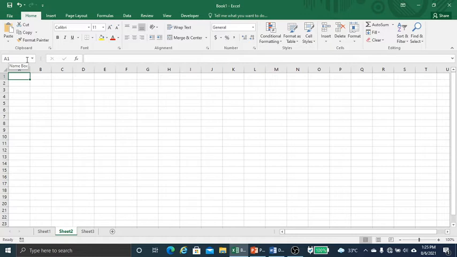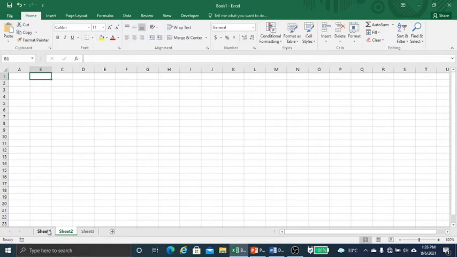Now what is a cell? A cell is the smallest but most powerful part of a spreadsheet. We can enter our data in a cell. This is a cell, this is a cell, these all are cells. Now what is a worksheet? A worksheet is made up of individual cells which can contain a value, formula or text.